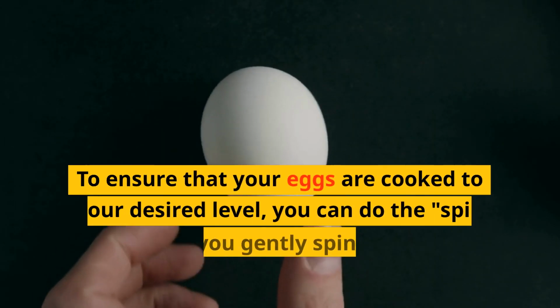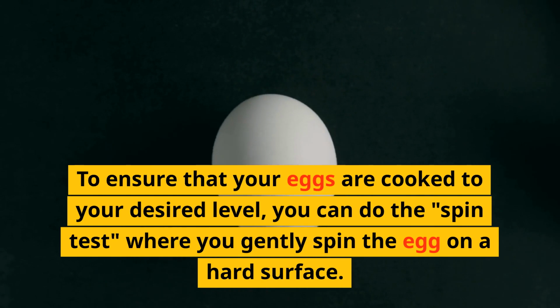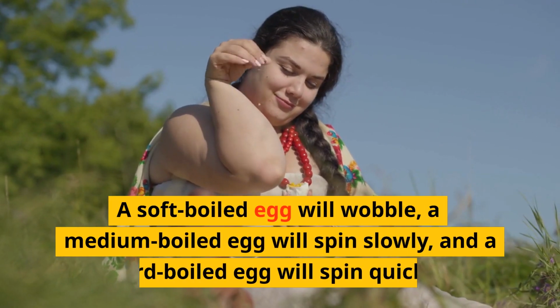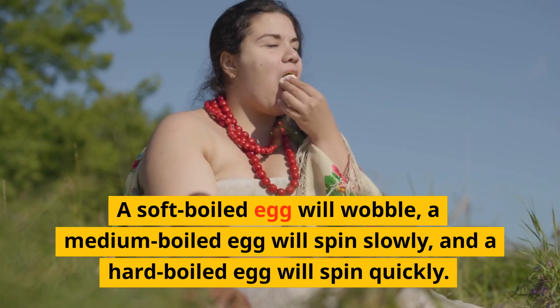To ensure that your eggs are cooked to your desired level, you can do the spin test where you gently spin the egg on a hard surface. A soft-boiled egg will wobble, a medium-boiled egg will spin slowly, and a hard-boiled egg